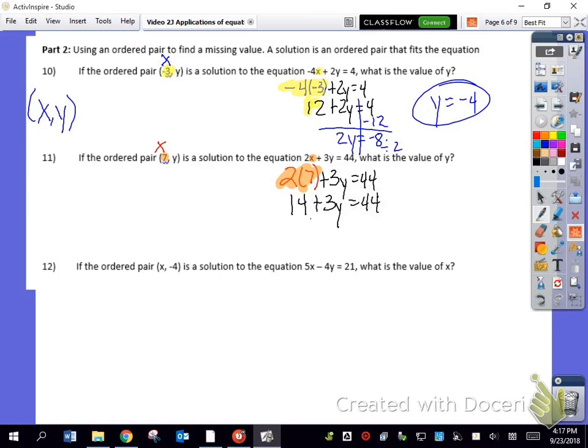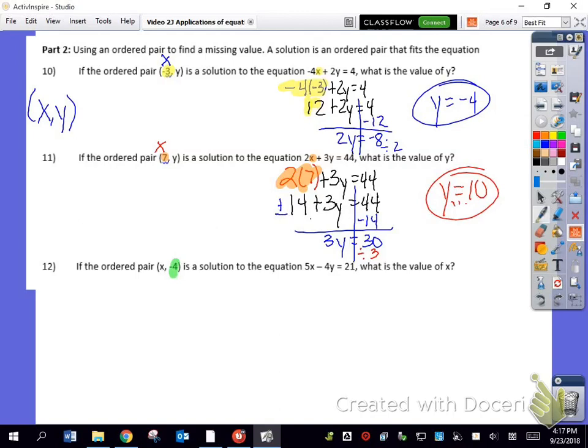The opposite of adding 14, look in the front, opposite of adding 14 is to subtract 14. So 3y equals 30. And then the opposite of multiplying by 3 is to divide by 3. So y equals 10. On number 12,